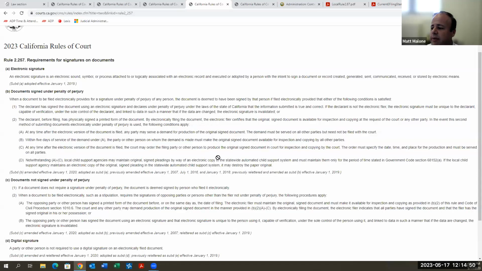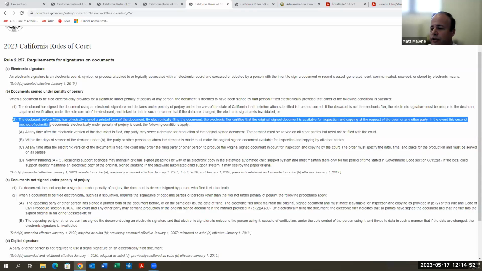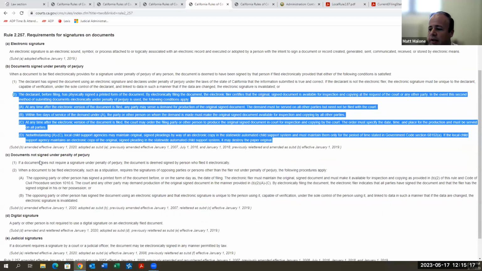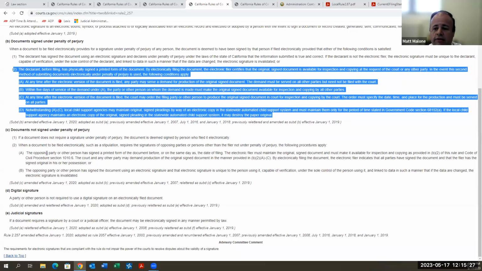2.257(b)(2) sets up the process, and I'm just highlighting it to show you the process for when you are not electronically signing a document, what you have to do to both retain and to make a motion to produce an original if that comes up. I haven't heard of this coming up quite a bit, but there is a process there, and it's good to be aware of it. And again, the documents not signed under penalty of perjury largely tracks the statute. Just again, to be aware of it. Electronic signatures are your friend for a lot of these rules.